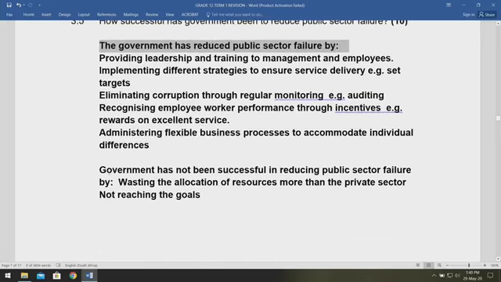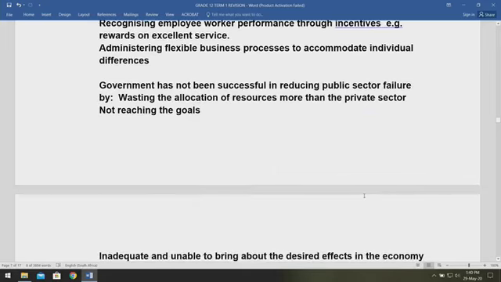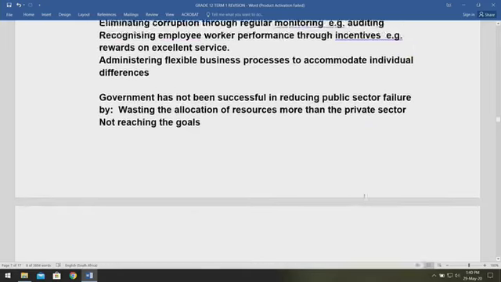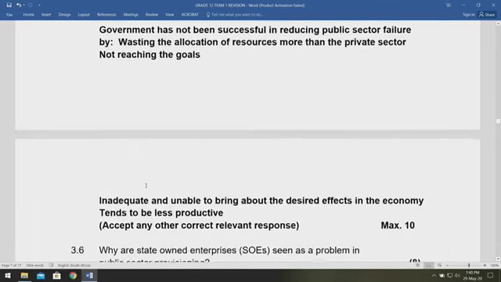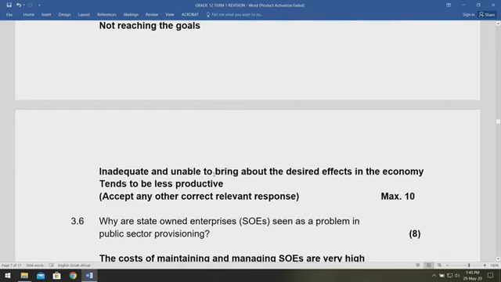And then here they also say government has not been successful in reducing public sector failure, and then they've also given the reasons, right? So once again, this is an open-ended question. It is not, oh, this has to be the answer and there's nothing else. How you discuss it and how you bring it across is entirely up to your own experiences and what you understand by